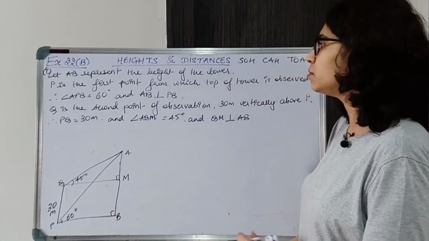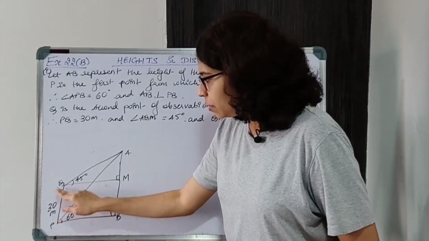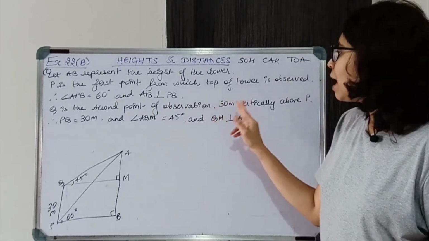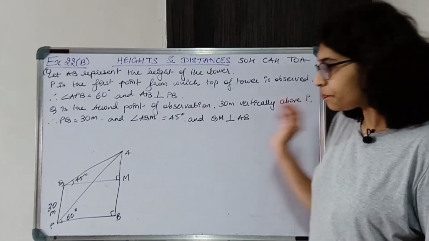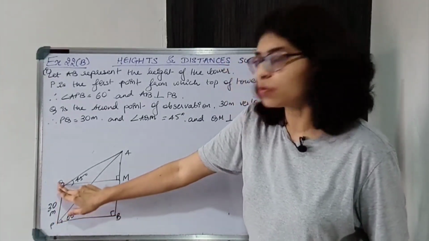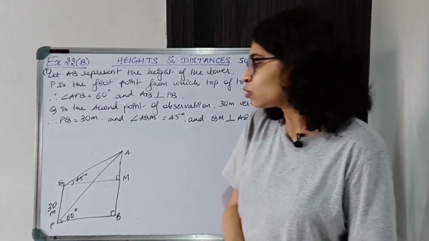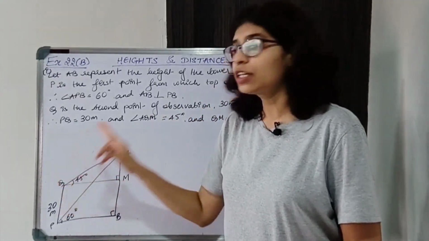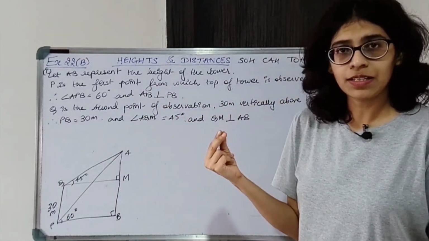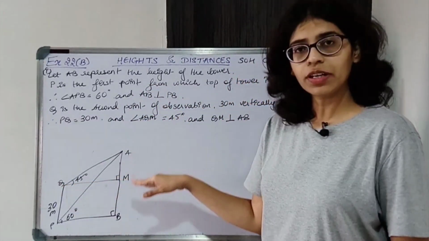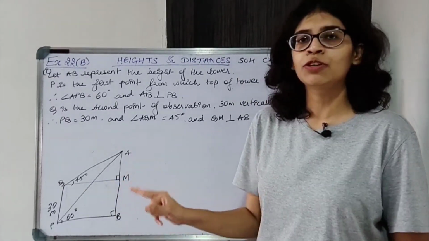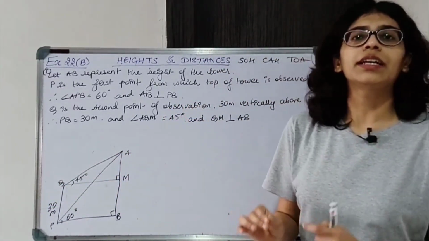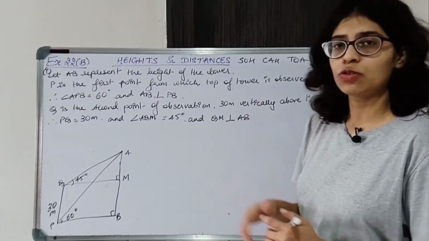Okay, both are perpendicular. Now you are going 30 meters above the first point of observation, so Q is the second point of observation, which is 30 meters vertically above P. Now therefore PQ का length हो जाएगा 30 meters. ठीक है, and AQM, that is the angle of elevation from point Q, is 45 degrees. Now we have constructed QM. So QM will be perpendicular to AB because QM is the horizontal line, this is the vertical line. Horizontal line और vertical line are perpendicular. ठीक है, सो ये perpendicular हो जाएगा.